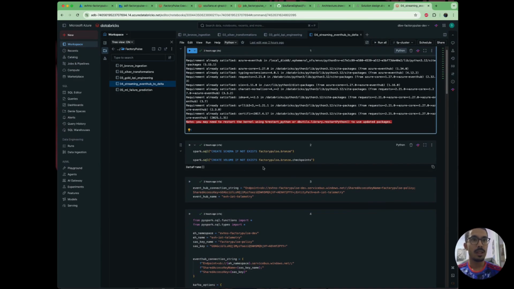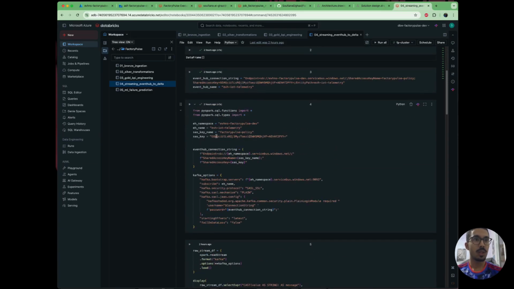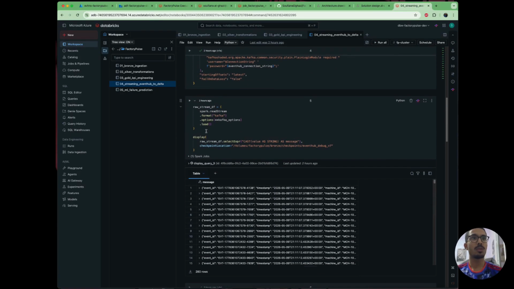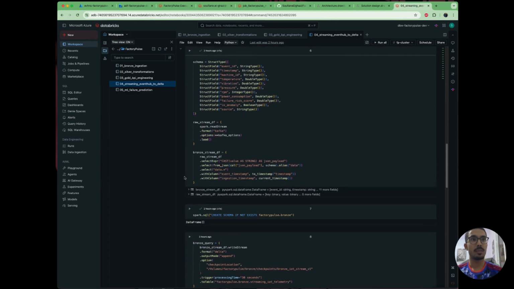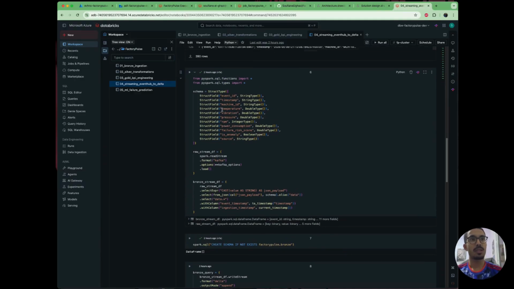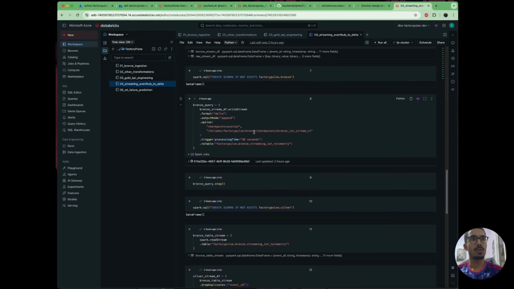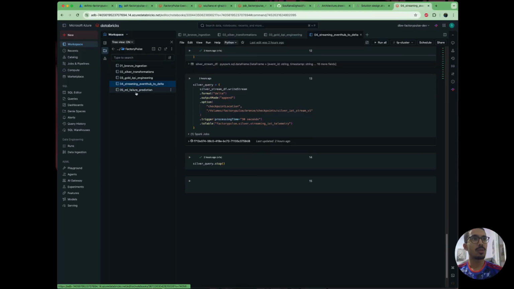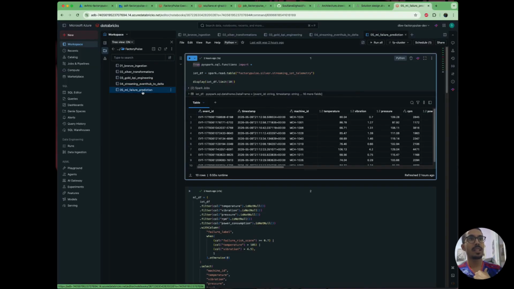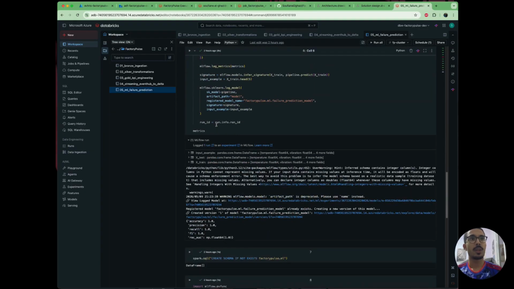So we create the bronze and silver schemas, and we create a Spark streaming workflow where we read real-time data. The events here are stored in this table, and then we parse them and define a schema for our stream, and then we store the results for the bronze and the silver in order to work with them later. Then this notebook contains the machine learning model we created,